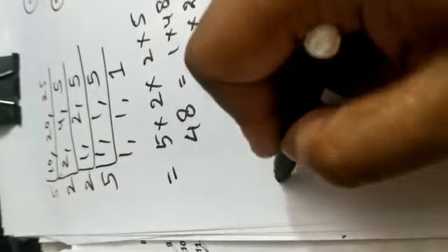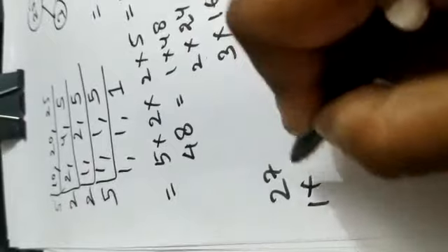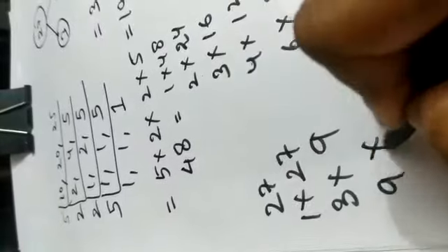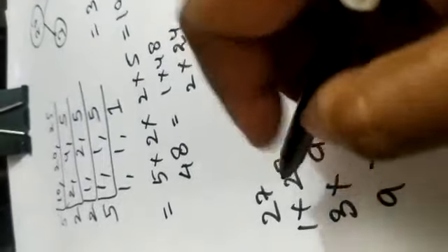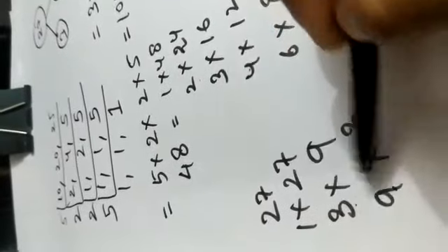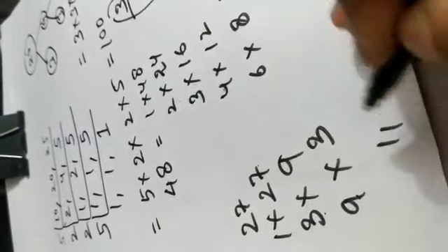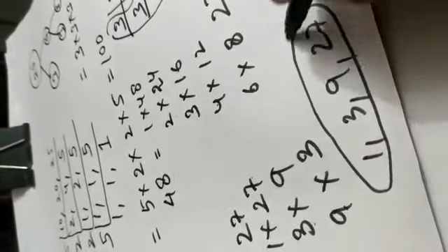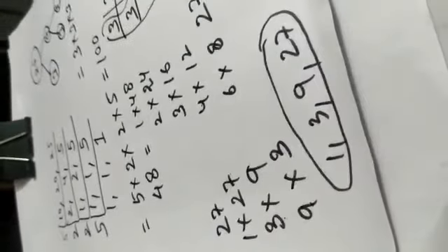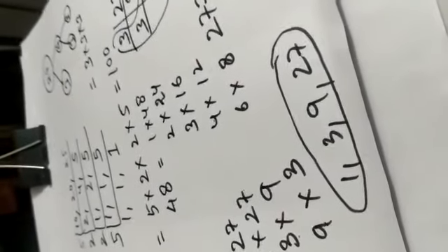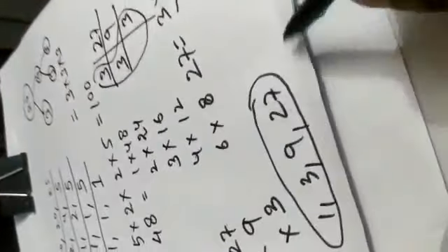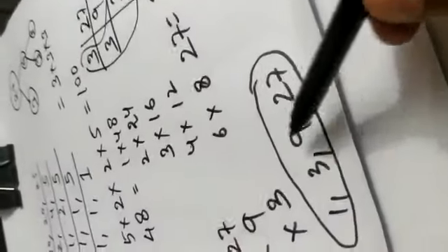For 27, it means 1 into 27, okay, 3 into 9, okay, 9 into 3. So now it's time to stop. What are the factors? 1, 3, 9 and 27. So factors are 1, 3, 9 and 27. These are the factors found by using the multiplication facts, and these are the prime factors of 27. You can use any method, but this is the correct one. These are the factors, and this is the prime factorization method.